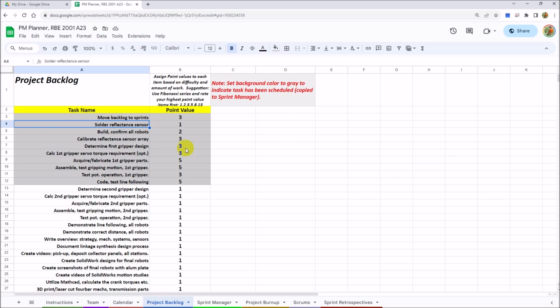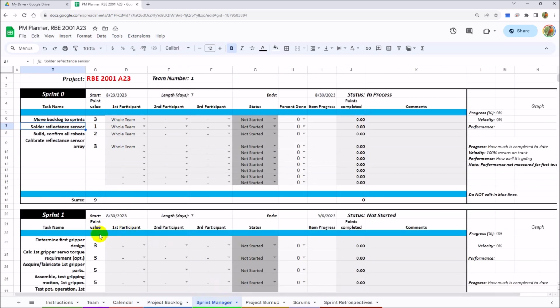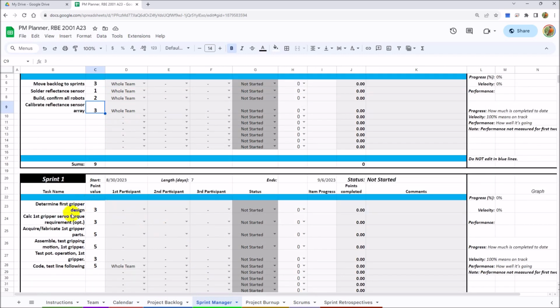particular item. So take for example, you need to calibrate your reflectance sensor array, which is this item here. I gave it a point value of 3. Now 3 is not high. I mean, you can go much higher, but 3 is not 1 either. There's a little bit of work involved in doing it. So I gave it a 3. So if we go over to the Sprint Manager, where the calibrate reflectance sensor array is, you'll see that point value did carry through. And then likewise, if I go to Sprint 1, here are the various things that I moved